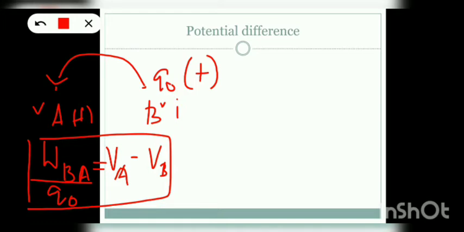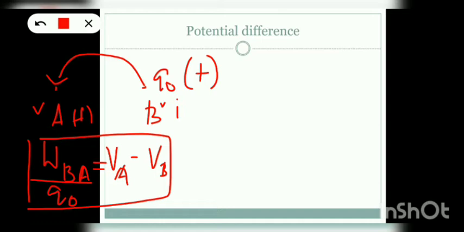That means electrostatics. Now, the most important thing is that this charge Q0 should be moved very slowly, so that there must not be any change in speed and hence no change in kinetic energy of the test charge. You know, if there is any change in speed, kinetic energy also changes, because kinetic energy depends upon speed or velocity. So this test charge Q0 should be moved very slowly, so that there is no change in speed as well as kinetic energy of the charge.